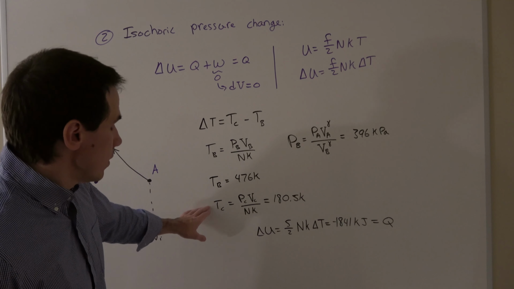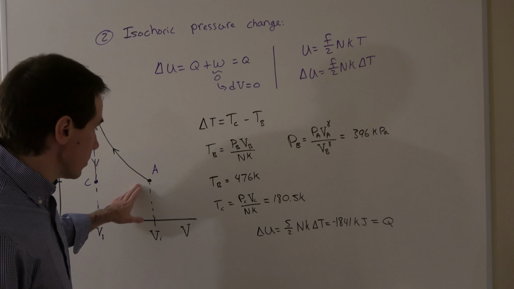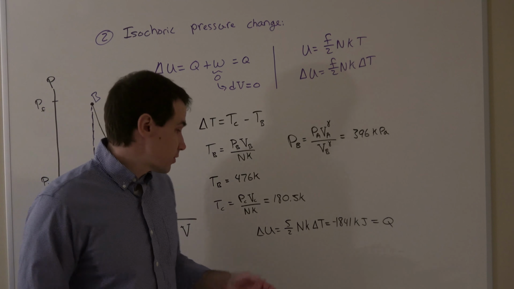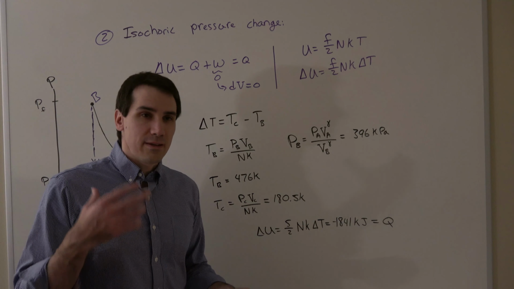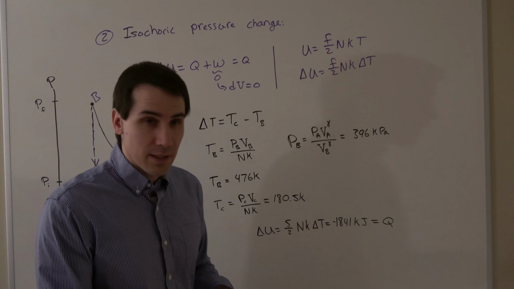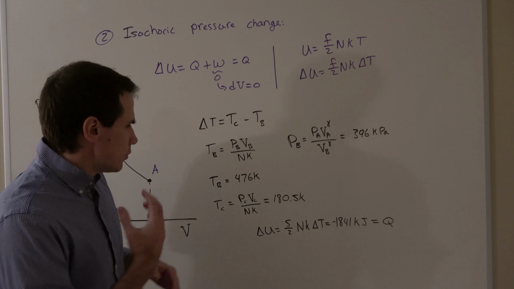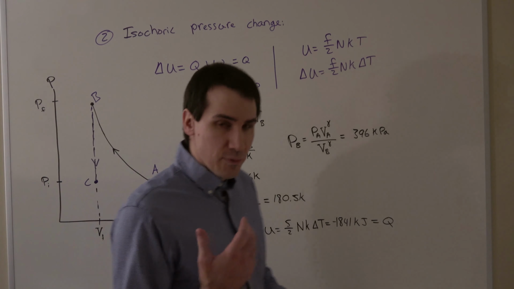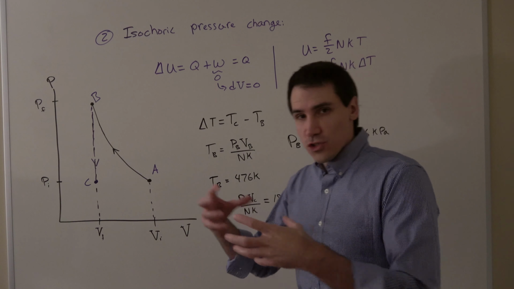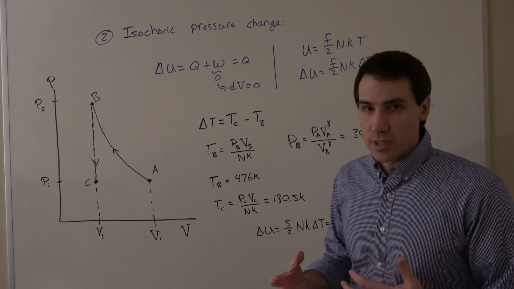Likewise, at point C, we know that the pressure is the same as at point A, so that's just our initial pressure where we started. And we know that the volume at point C is half of our initial volume. So for these two, we simply take the values that were given to us in the problem statement: the initial pressure and half of the initial volume. And we get this value for our temperature. Notice that the temperature drops as the pressure decreases, right? So we were extracting a lot of heat from the gas